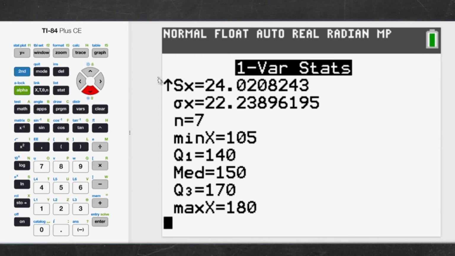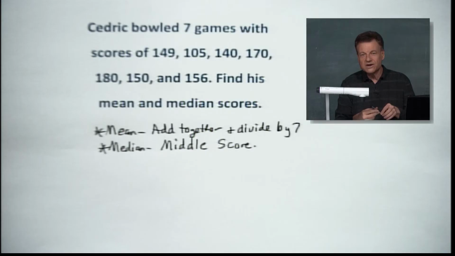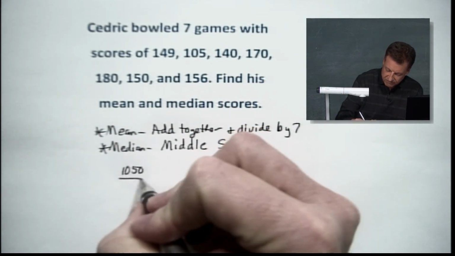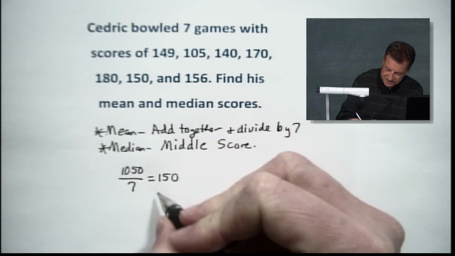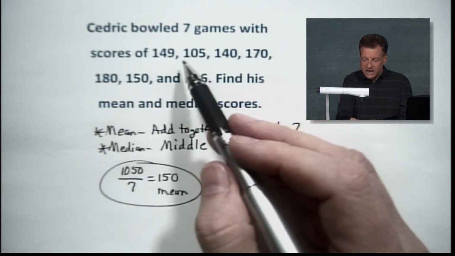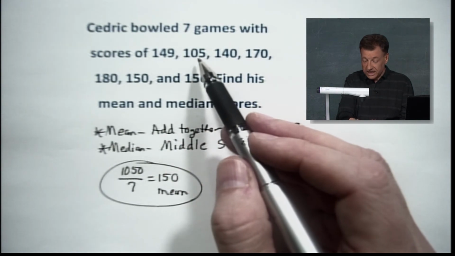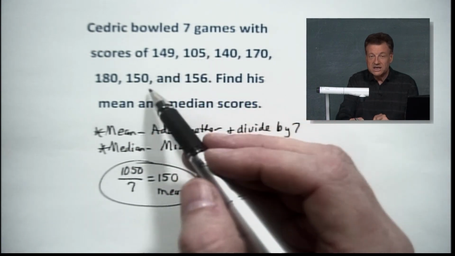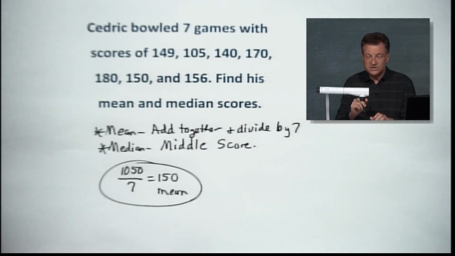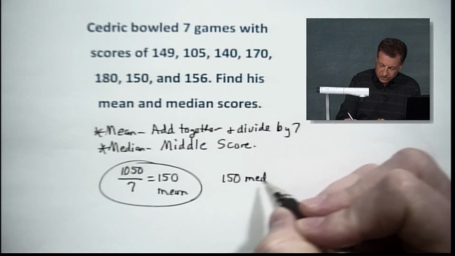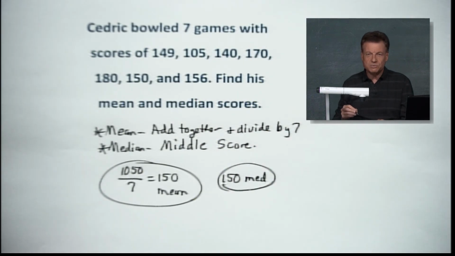So our answers here, let's see. Let's go back to our notes here. And looked like from the calculator, we had 1,050 divided by 7. That gave us 150. That's the mean. This is for you, Nate. And then our middle, if we arrange these things in order, there's 105. Then we would go to 140. There's 149. And then there's 150. So there is your middle observation because it's the 4th observation. It's an odd number here. So 150 is also the median if you arrange those in order. So interesting. Yeah, that means it's a roughly symmetric distribution. That's another show in itself. But there's your problem of the day.